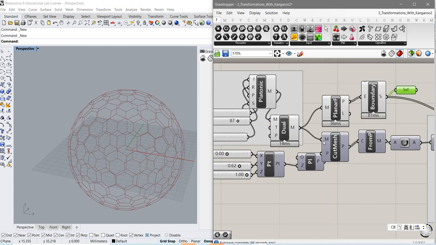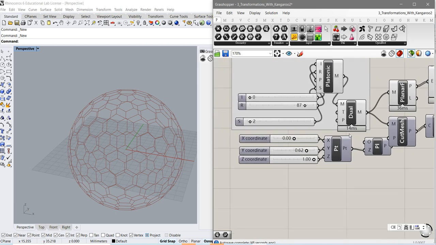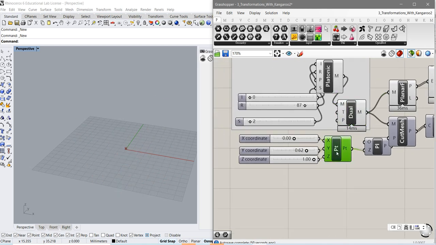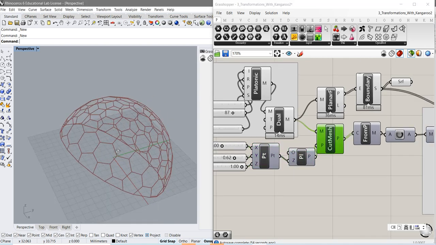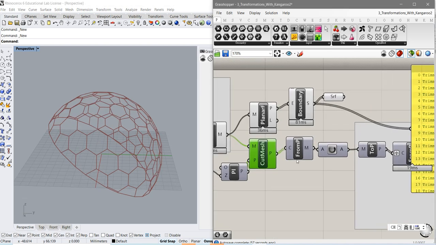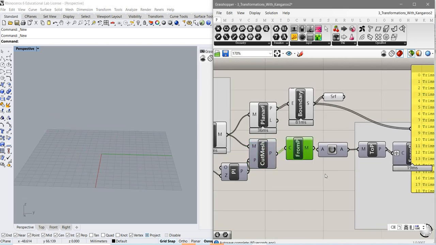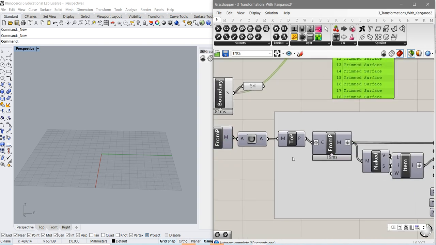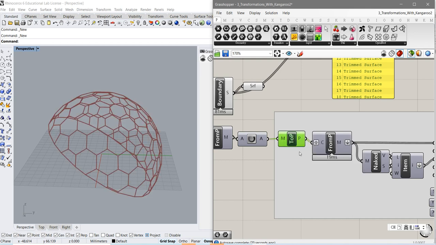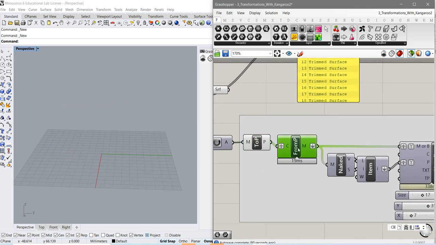So you get the planarized panels. Okay. Dual, and then with this point, find a plane. We cut the mesh, so you just want the semi-sphere, and make the mesh of it. Here is the data dam, okay. Then I think you can double click it, no? Make a polyline of it, yeah. From polyline, make the mesh,